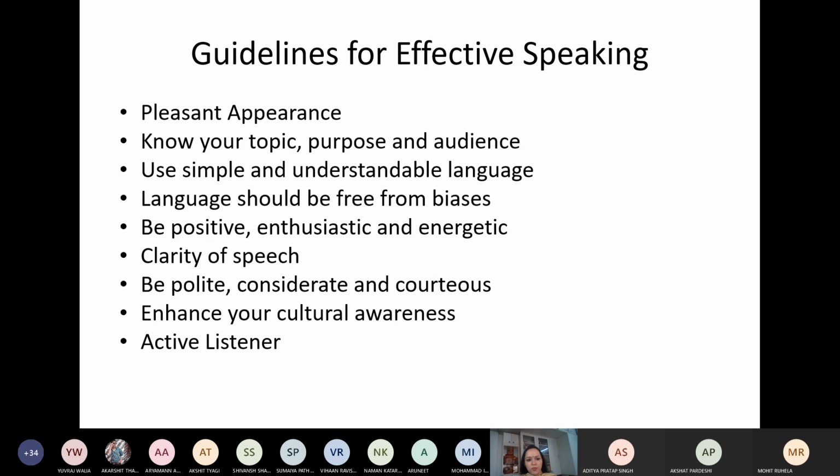Do you really feel speaking has anything to do with appearance also? Ma'am, non-verbal communication. Yes, Akshat. I think that posture really matters when you want to leave an impact on someone. If you're sloppy in your posture, then it won't leave an impact on someone. Yes, true. Yes, Vihan.